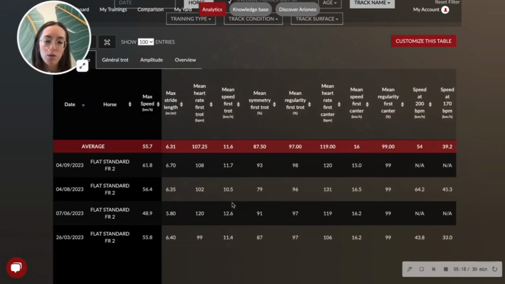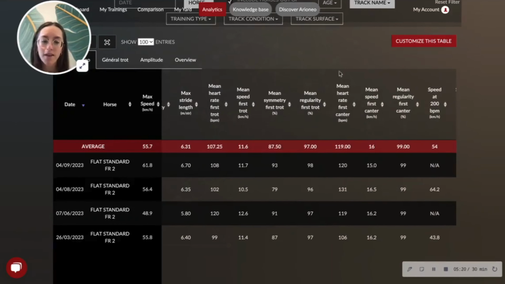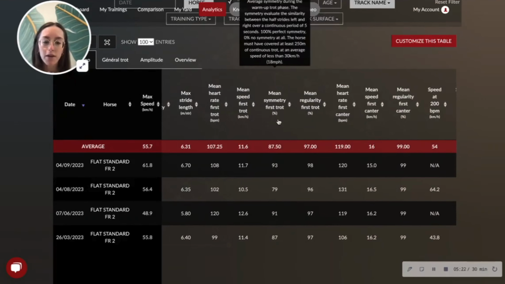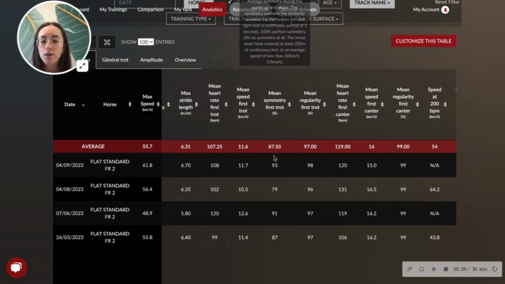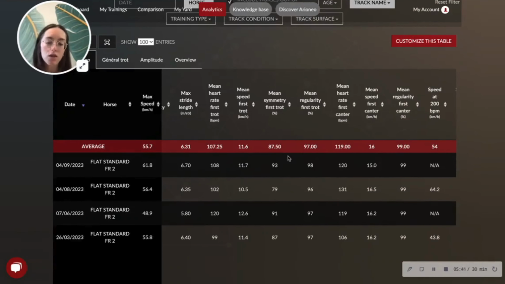That's what I'm going to do with the warm-up parameters that I have here. I have symmetry and regularity. So first, regularity is a value that almost never changes. It's always close to 95%. Here, it's even higher. So no worries here. For the symmetry, my symmetry is even higher than his average symmetry. It can vary a bit more than regularity, but compared to his average,